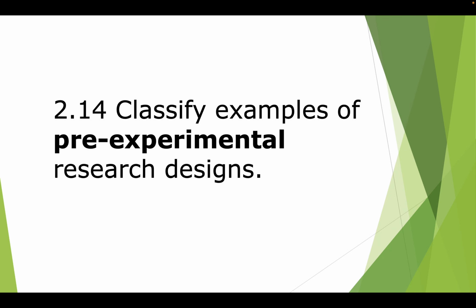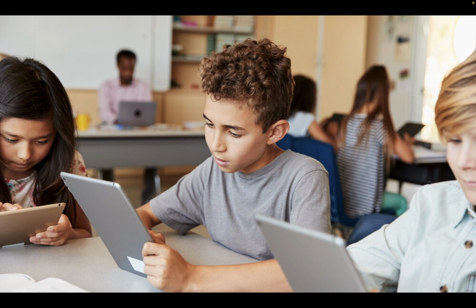The next objective from part 2 I wanted to address is classifying examples of pre-experimental research designs. So I wanted to go over a little bit more detail about pre-experimental designs. To illustrate this, I want to just use as my example the topic of students using AI tools in the classroom. So artificial intelligence represents one of the latest forms of technology that teachers are now grappling with in terms of how they might want to use it as a tool for their students,